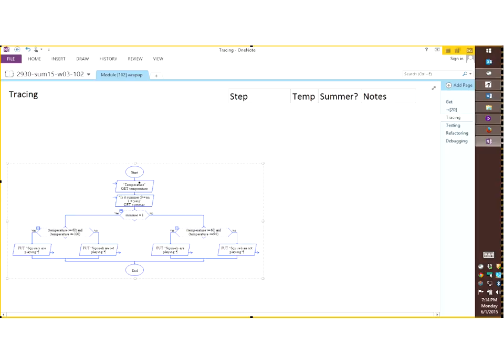So just to review that real quick, what is the Palo Alto Squirrel problem? Well, we read two variables from the user, two values that we store in two variables. The first value is the temperature, so we expect the user to provide us an integer or a floating point, doesn't really matter here. And then the second is a variable named summer, and summer will be equal to 0, meaning it's not summer, or 1, meaning it is summer. So we ask the user to provide a 0 or a 1.